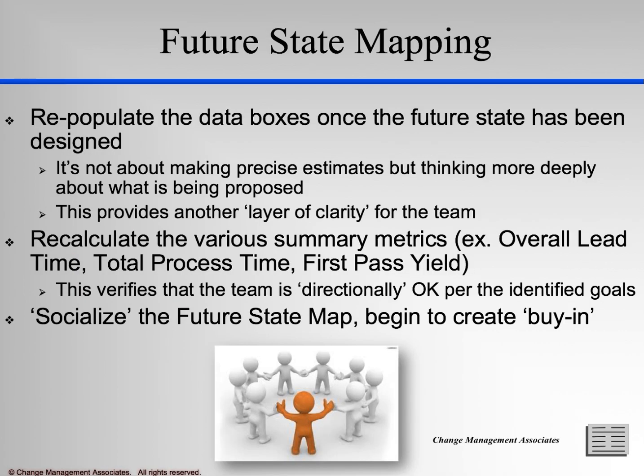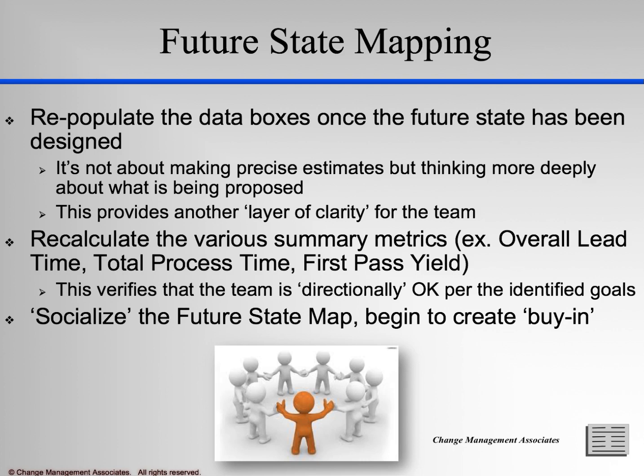Once the future state has been designed, the data boxes for each process box depicted should be filled in. This step requires the value stream mapping team members to more deeply think about the future state. I often tell the team, yes, I know what I'm asking you to do is unfair, but we need to do it nonetheless. By that I mean fill in the data boxes. They will have more certainty about projecting lead times in the future state. There will be less certainty about estimating process times and quality-related metrics. The discussions that follow provide